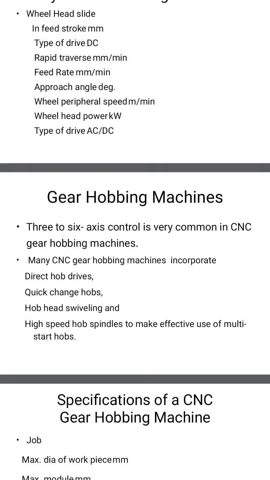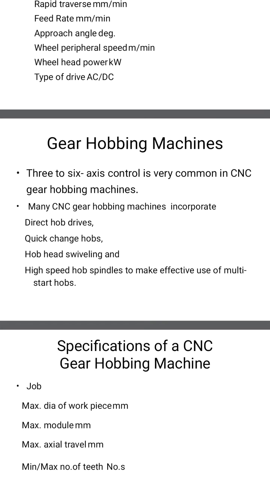Hobbing cuts continuously and produces accurate gears. So it is very accurate. The gears are cut mainly by this hobbing machine. It is a rotating multiple tooth cutting tool called a hob for generating teeth on spur gears. More gears are cut by hobbing to get more accuracy of the spur.